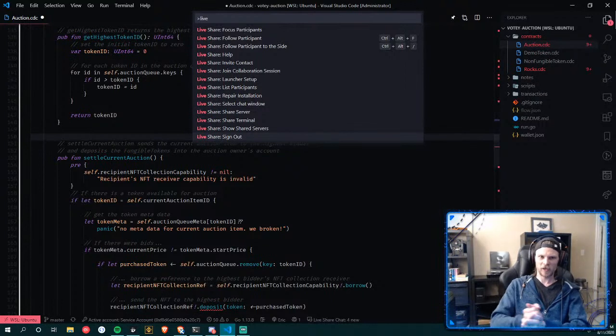But the question I'm asking is, you can't change the start price of an auction item after the auction has already started, right? No, so probably not. Should we have a start auction method that allows people to add their items to the auction queue, to review them before they actually start an auction? Yeah, I think so. I'm not really sure, actually. But having methods to update things is not an important thing, right?